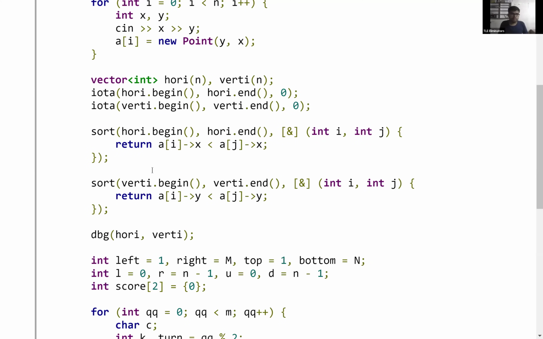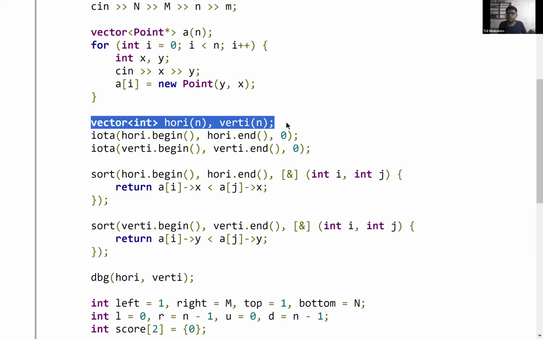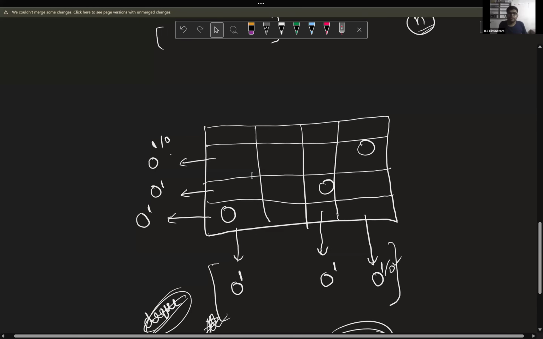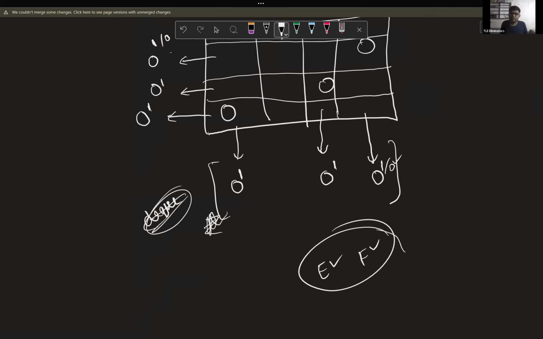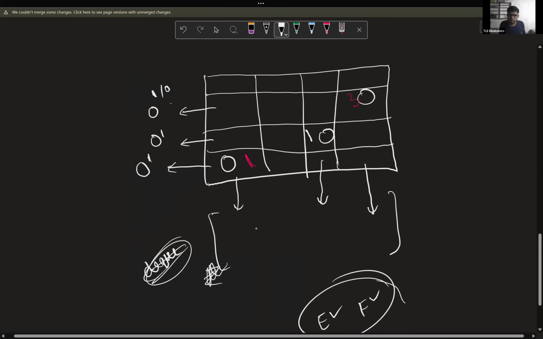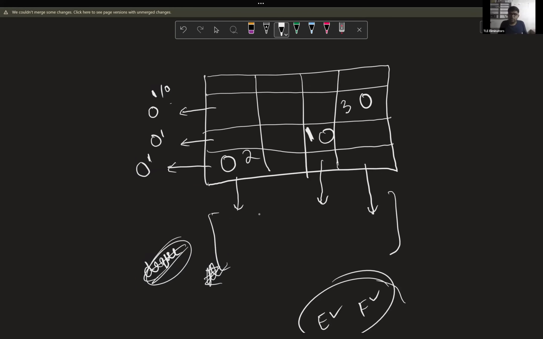Here I'm just creating two vectors, hori and verti, which are short forms of horizontal and vertical. This code is creating two vectors which will have the indices of those points. Like in this case, if this was point 1, this was point 2 and this was point 3, then in that case